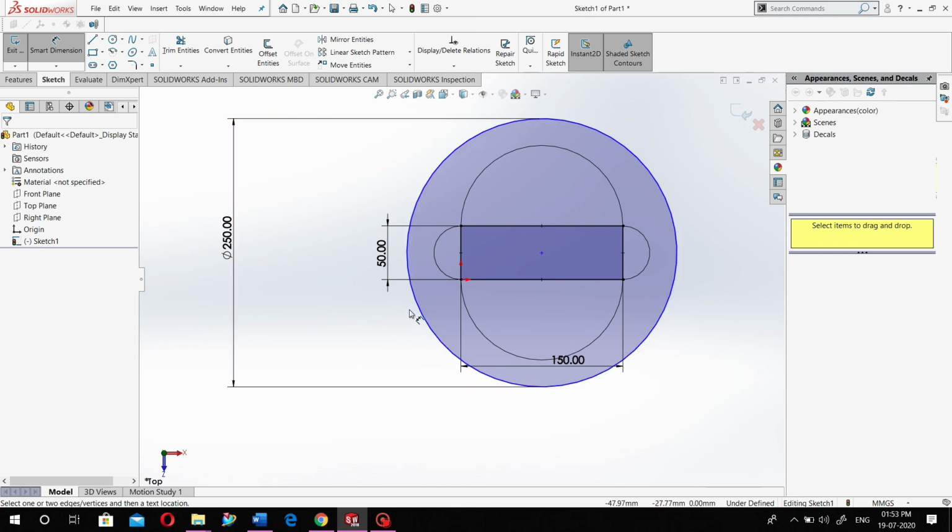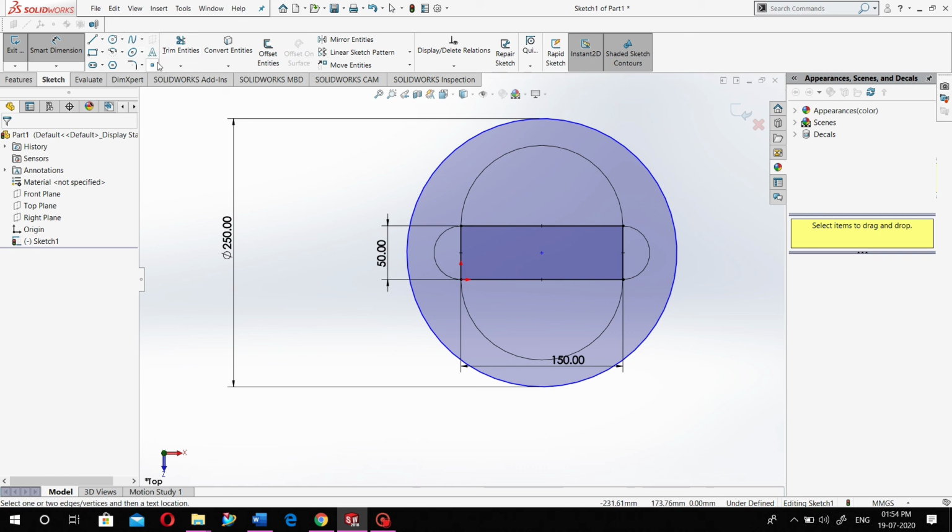In the circle we have seen two different circles, that is a circle and a perimeter circle. In the circle you have to select 2 points, in the perimeter circle you have to select 3 points. In the rectangle we see many different types, that is corner, center, 3-point center rectangle, and parallelogram, and the major difference in these is the points, that is the 2-point selection and the 3-point selection.